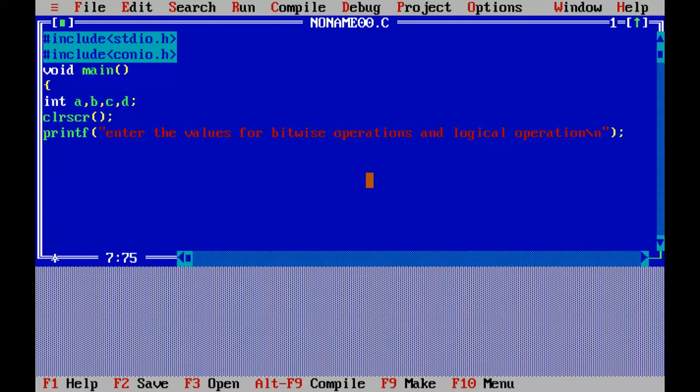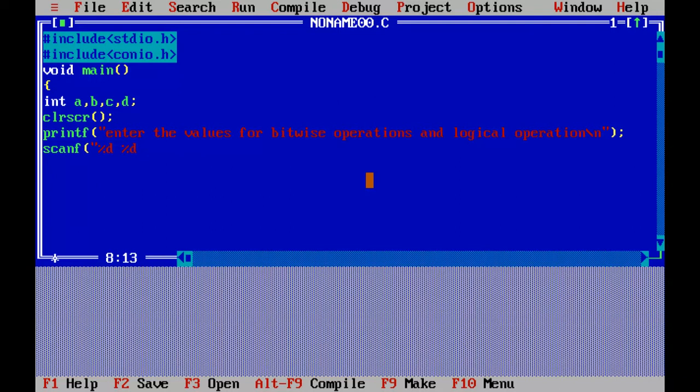Here we are going to enter two different values and they'll be saved in variables a and b. Now, every time you execute the program, you want these values to be different. So I'll scan them. So scanf, followed by a %d again, because I want two values.